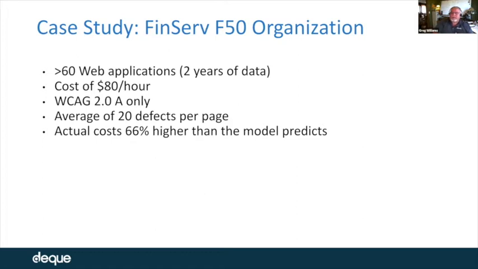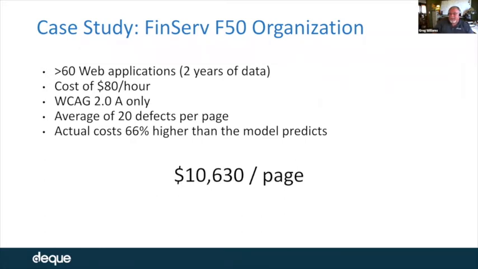And the average was about 20 defects per page there. So with 20 defects per page, much less than the 50 that we're seeing now, just when we go out and survey things in the wild. But actually, when we looked at the real costs of what happened in that situation, they're 60% higher than our model predicts. So here again, I'm banging on this to say that I don't want you to just take our numbers to heart. You can run your own models. You can look at your own information here. But even with what we have here, we saw in that particular instance, 66% higher than that model predicted. In fact, it was